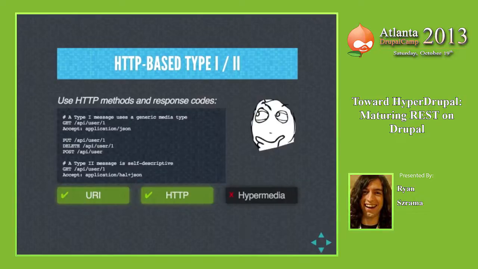So the deal here is that these APIs are using URIs to identify resources at the server, whether it's /user/1 for user 1's record, or maybe it's /products for a collection of all of the products on the site or something. It's using URIs intelligently, but then it's also respecting the HTTP request method.